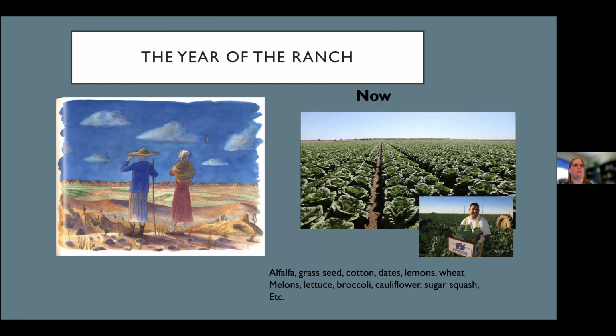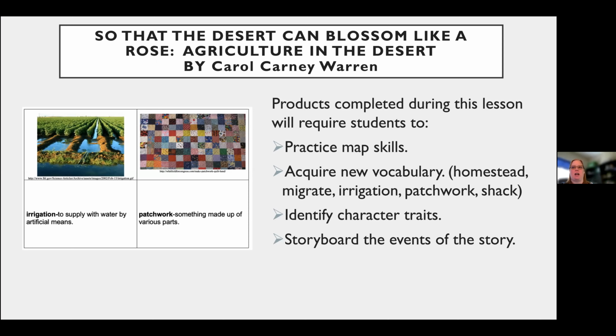They sold that land to their neighbor that was helping them. And then this is a picture of later where that area, that land is now, Yuma is one of the highest agricultural areas ever. It's amazing to go down there and see how much farm is out there. So this is a story you go through with the students and they get to see, again, modifying and looking at irrigation and those patchwork quilts and how did they survive and what did they do?